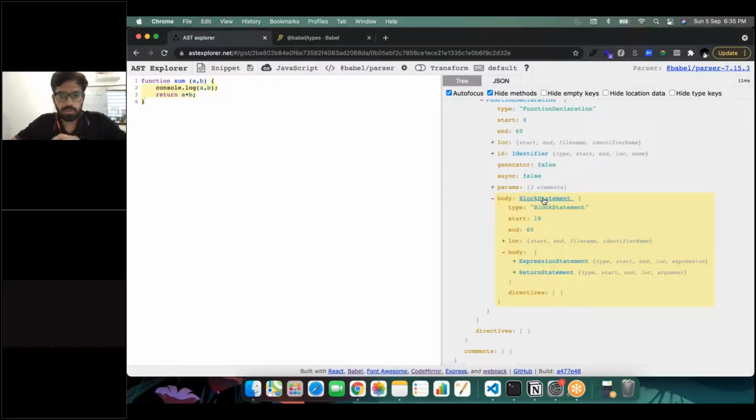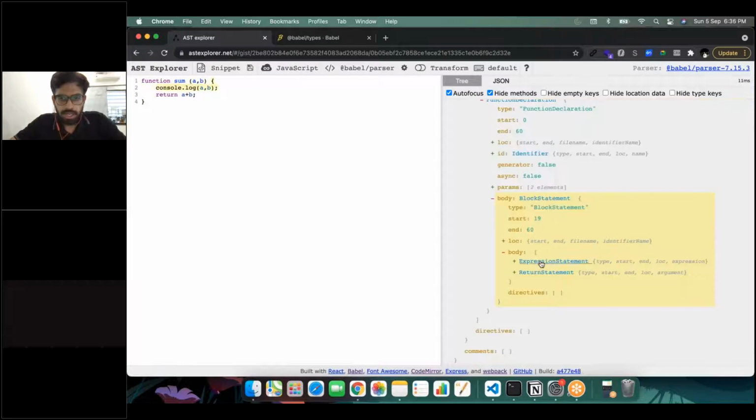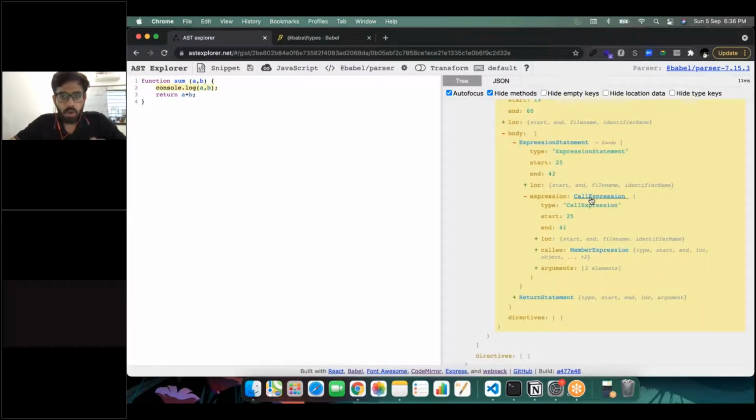So if you click on the block statement, it will highlight the block part. If you go to the return statement, it highlights the return part. So let's go to the console.log part. It's an expression statement, and inside that expression statement we have a call expression, and the type is call expression. So now we know we have to target the call expression. We want our AST to work on that call expression. So we'll copy this call expression,